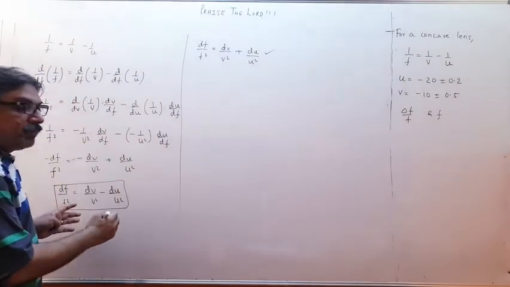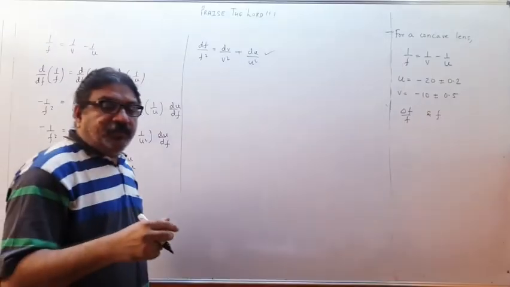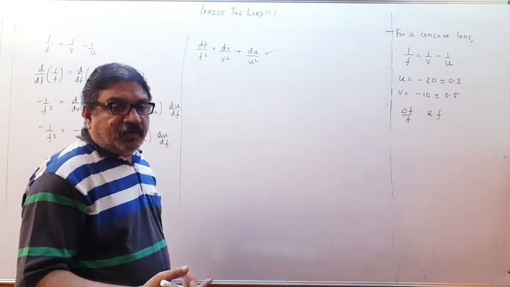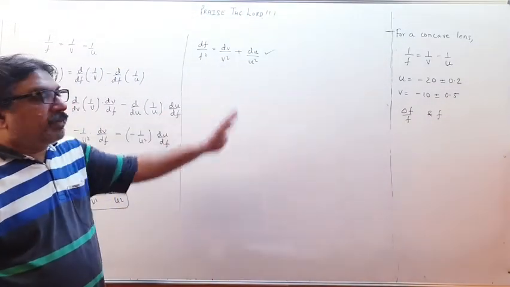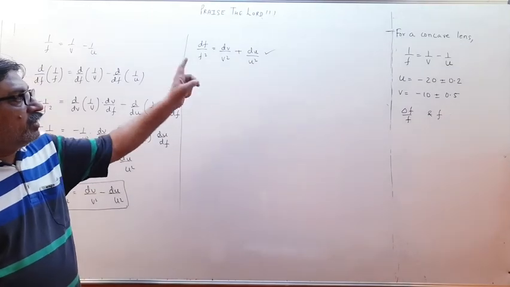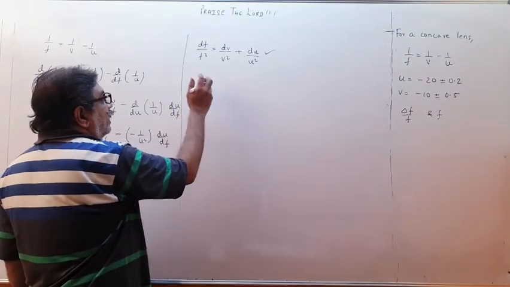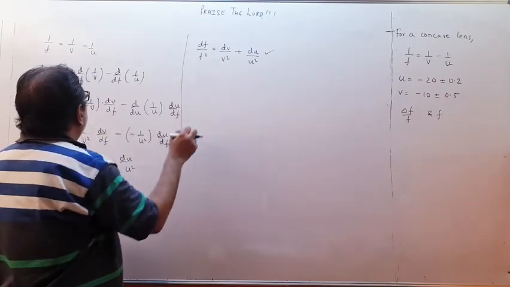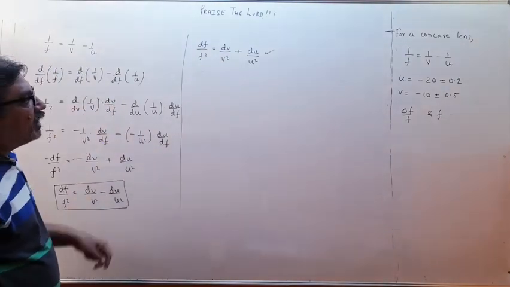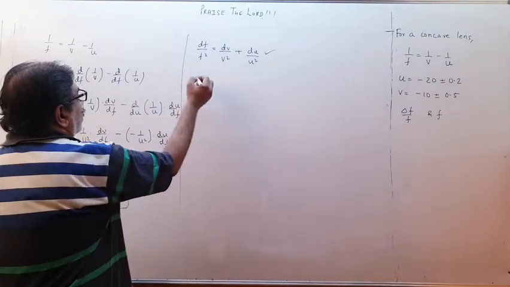This is maths, but maths has to be applied in physics, keeping correct concepts in mind. We want maximum error, so therefore we will make it plus, not minus. So this is another separate equation in terms of derivatives. df is the error in f. So now if I want it, I should know what is f and I should know what is dv and du. So let us find out f.